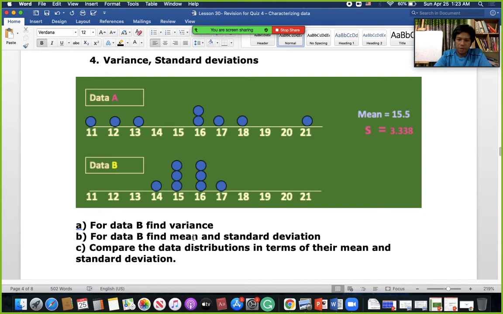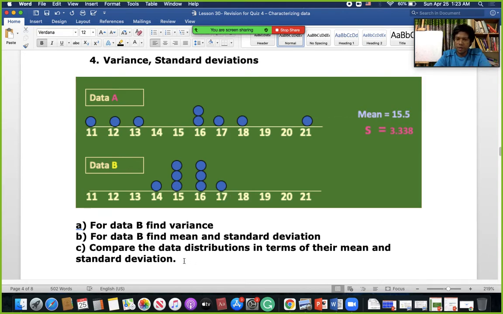For data B, find out the mean and standard deviation. So first of all, you will have to find out the data from B. That means 14 comes one time, 15 comes 3 times, 16 comes 3 times, then 17 comes once. So first you will need to find out the data, then find out their mean, then